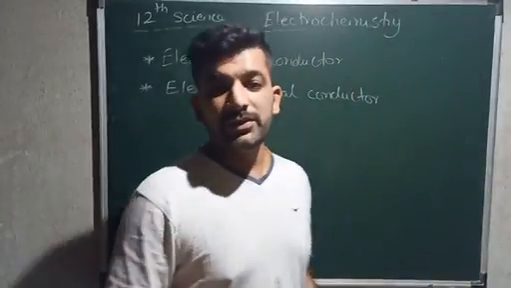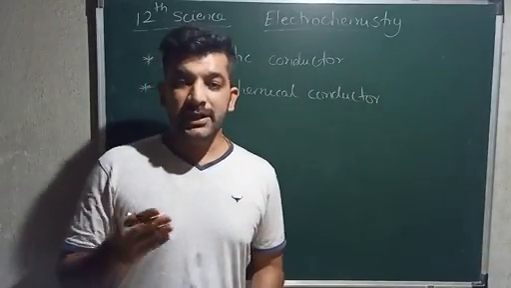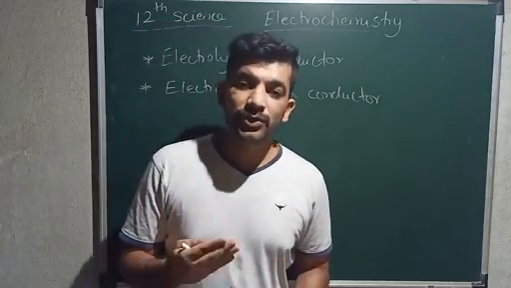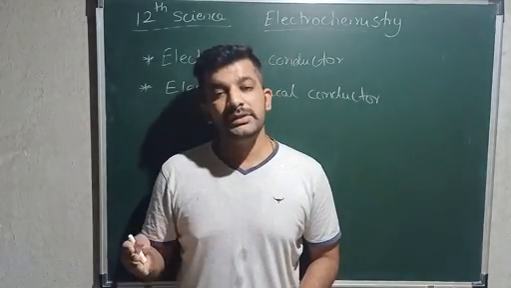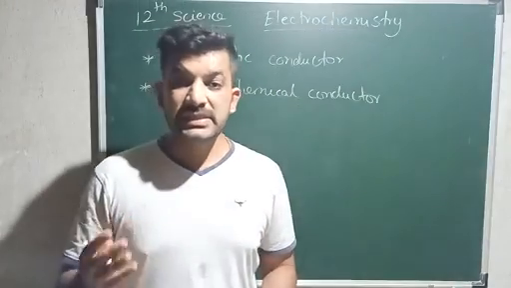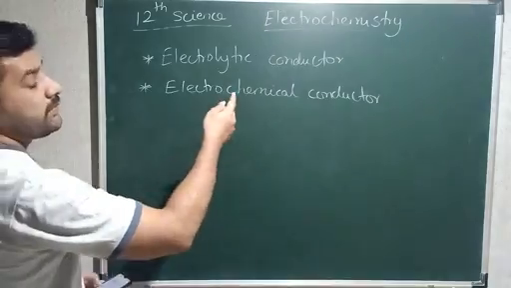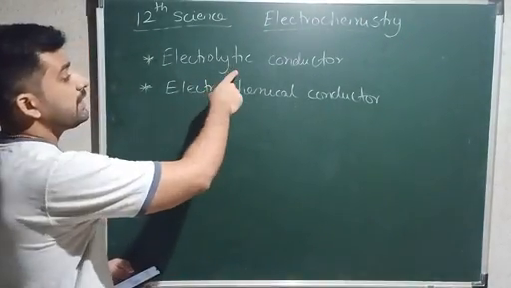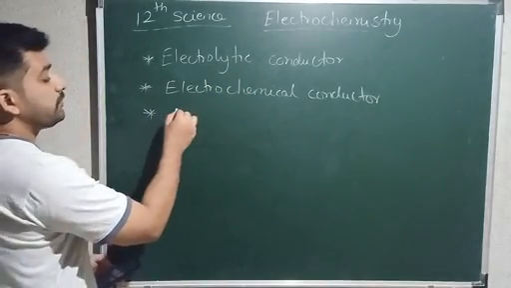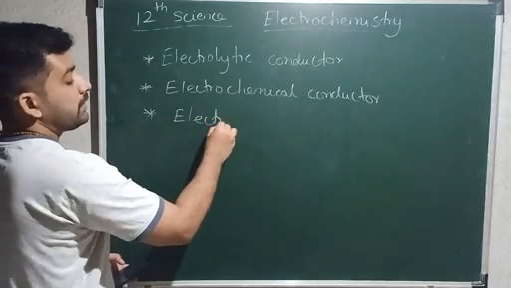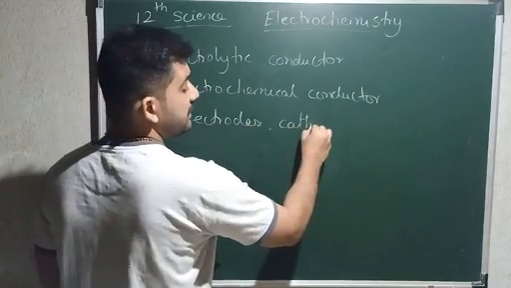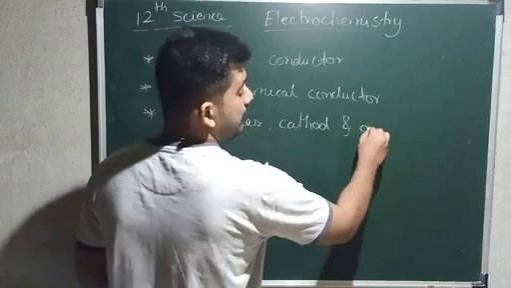In the previous video we started with the electrochemistry part, and in that we had a brief intro on what we are going to learn in this chapter. Before moving to the chapter, we will clear some basic concepts, like what is the difference between electrolytic conductors and electrochemical conductors. We are also going to learn what electrodes, cathodes, and anodes are, with simple definitions,